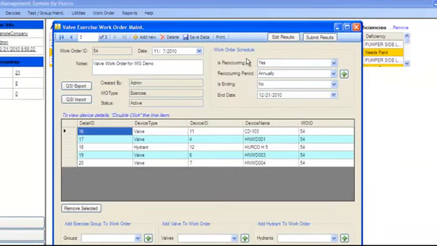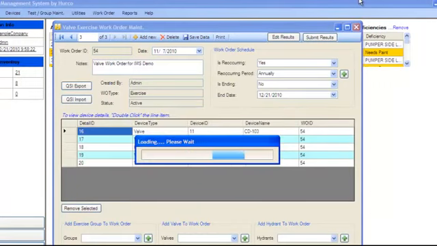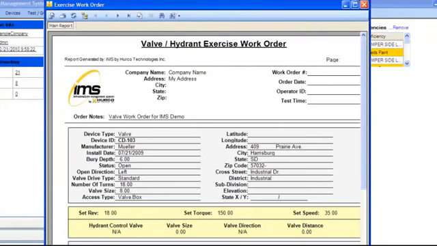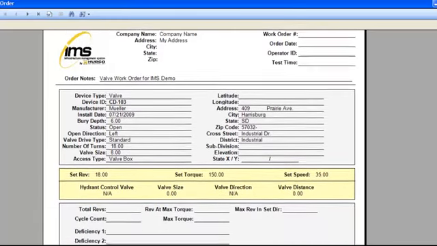Next thing we're going to do is go back and print a full field report. All right, on the valve exercise work order report, this would be if you're not using Hurco's ValveStar system. You're using another system. You're going to go out in the field. You're going to exercise the valve, and you're going to take notes on that particular